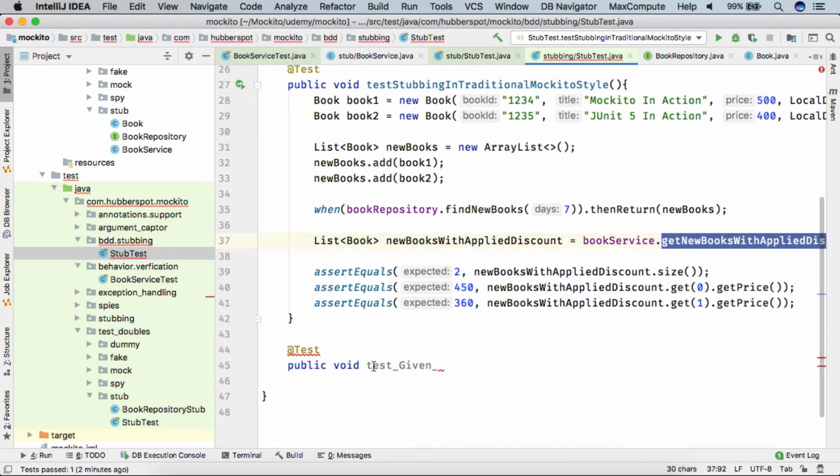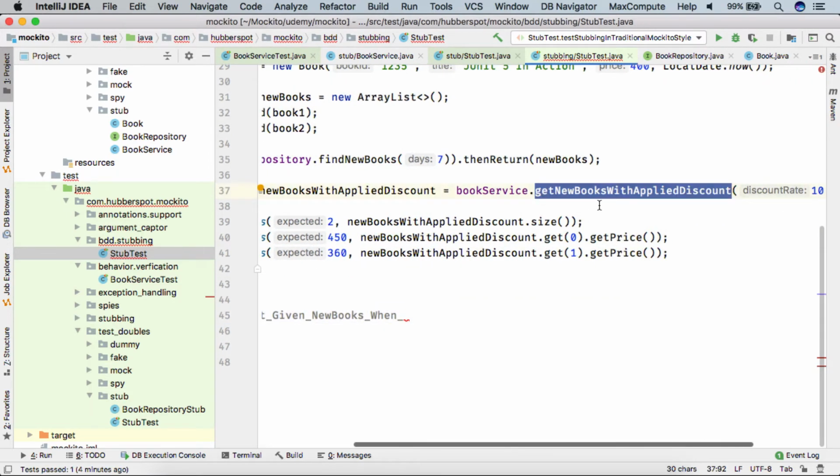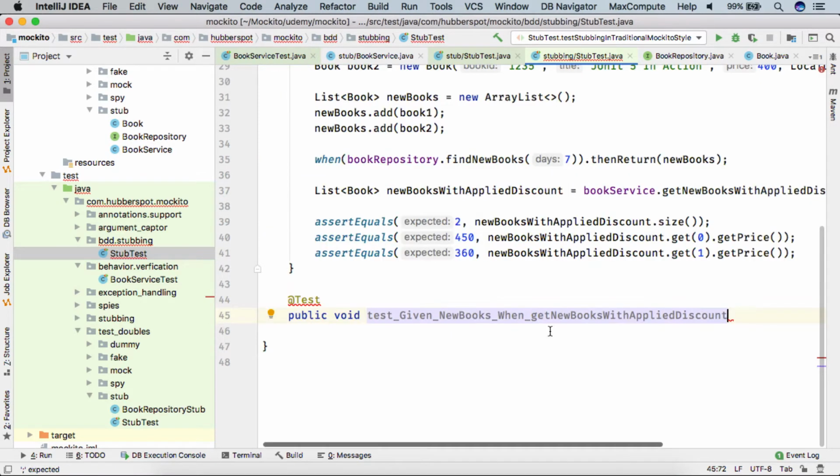So here, usually we write something as given. Let's say we are given new books. Then we provide an underscore. When. We give the method name, get new books with applied discount is called.